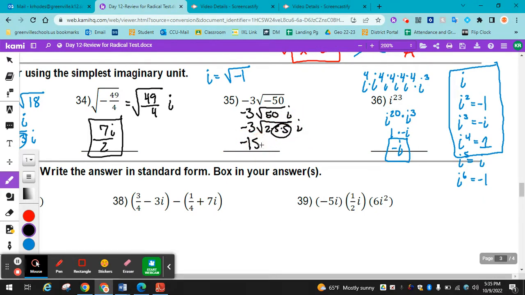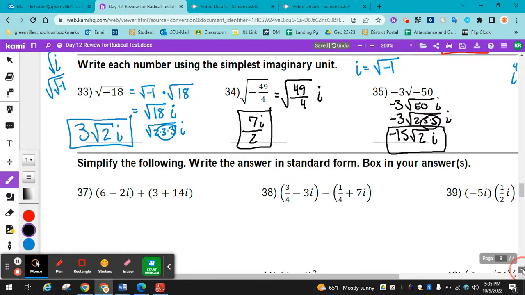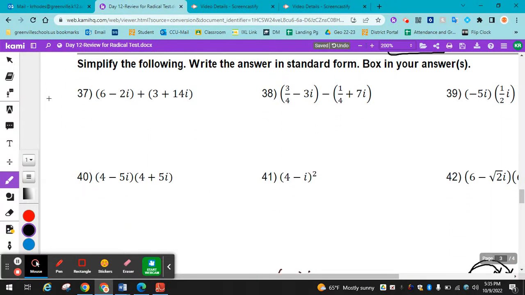So -15 square root 2, i on the outside. Okay. Now, if you're working with i in an expression, it's treated just like an x. The only thing is you can't leave i higher than 1. So if we're just adding these, which is what we're doing, you just add the real numbers together and add